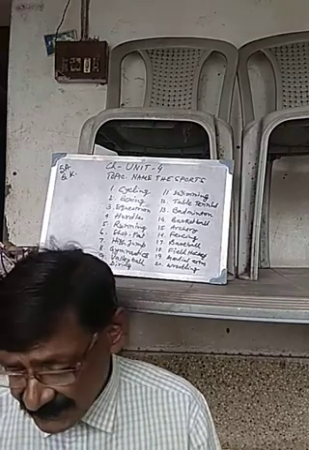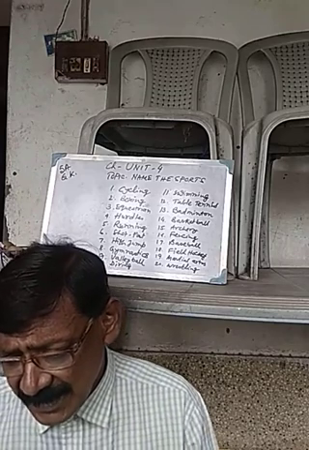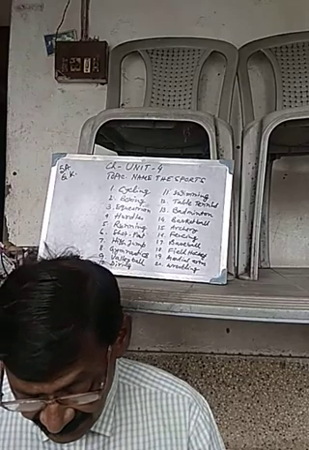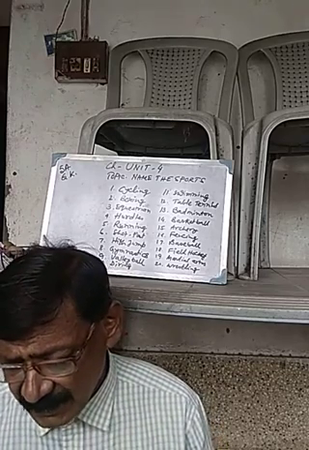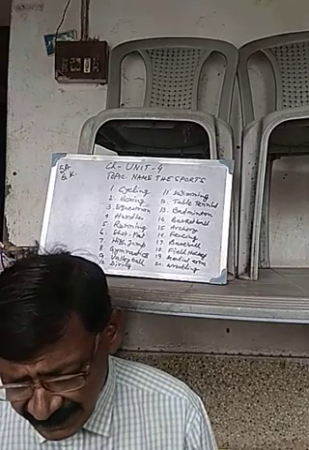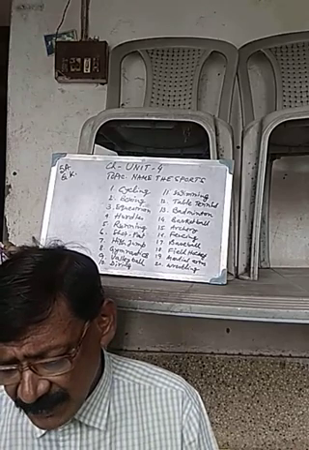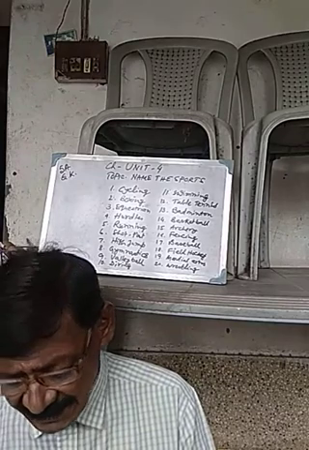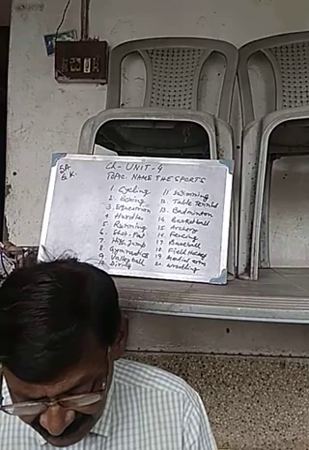And table tennis. One table will be there, and in the middle one net will be affixed to the table, and two players will play from two sides against each other with a plastic ball of different colors, and with two small bats. This playing is known as table tennis.